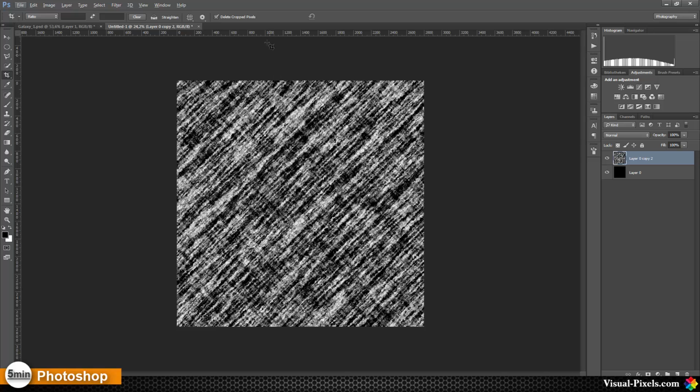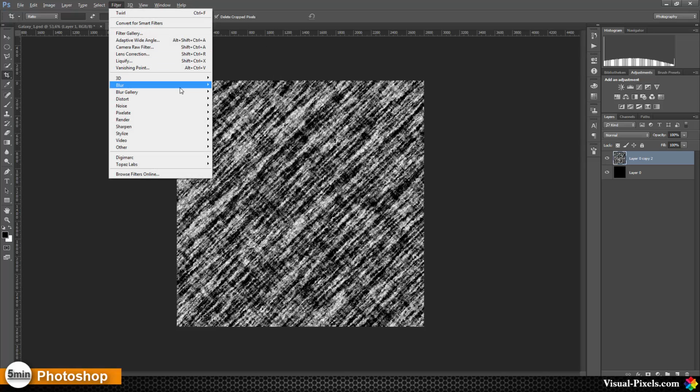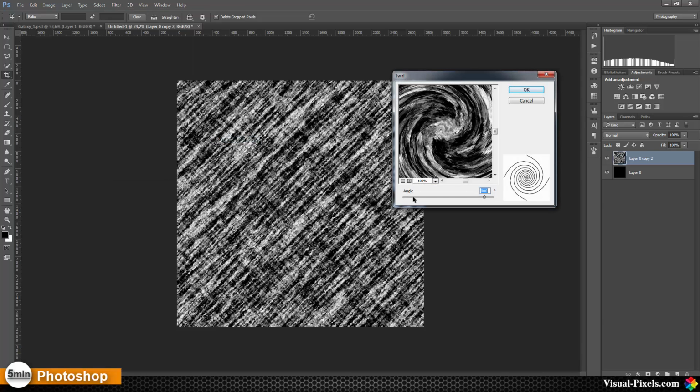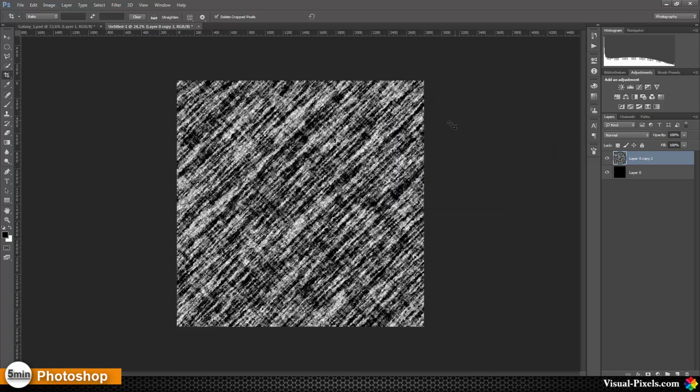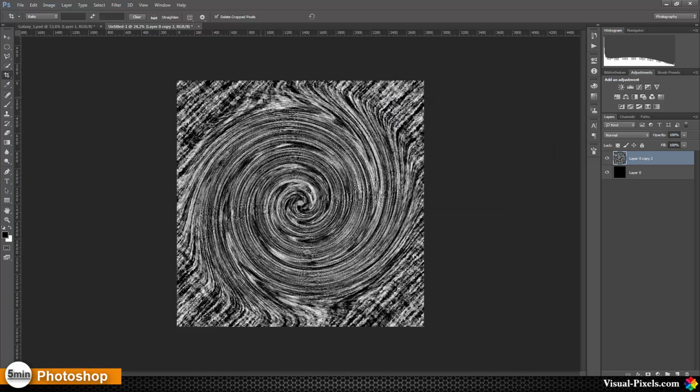And I'm going to filter because I want to create the spiral, and for this I'm going to Distort, Twirl, with an angle of 800%, and click OK. And now I want to get rid of this outer part here, and for that I'm going to the Marquee tool, set the feather amount to 40 pixels, and then I'm going to add 2 helper lines, one for the horizontal and one for the vertical,